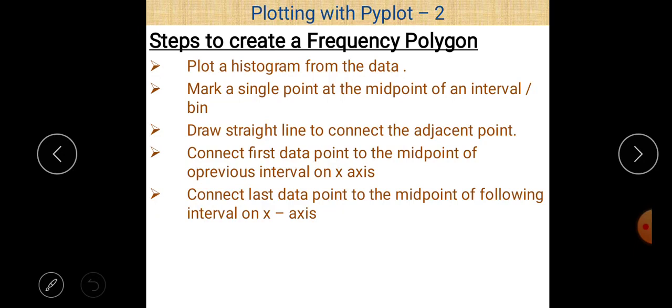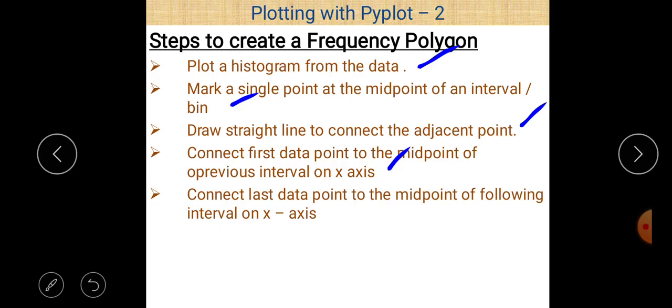Now these are the steps to create a frequency polygon. First of all, plot a histogram for the data. Second, mark a single point at the midpoint of an interval or bin. Third, draw a straight line to connect the adjacent points. Next, connect the first data point to the midpoint of the previous interval on the x-axis.